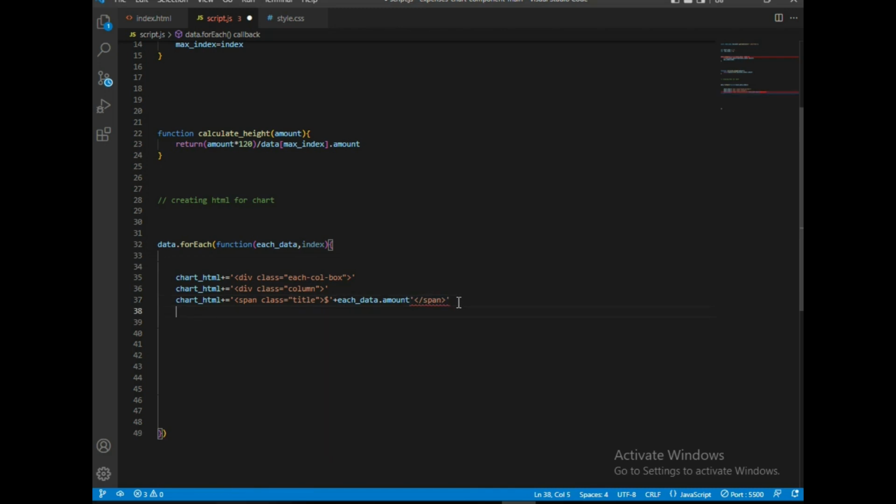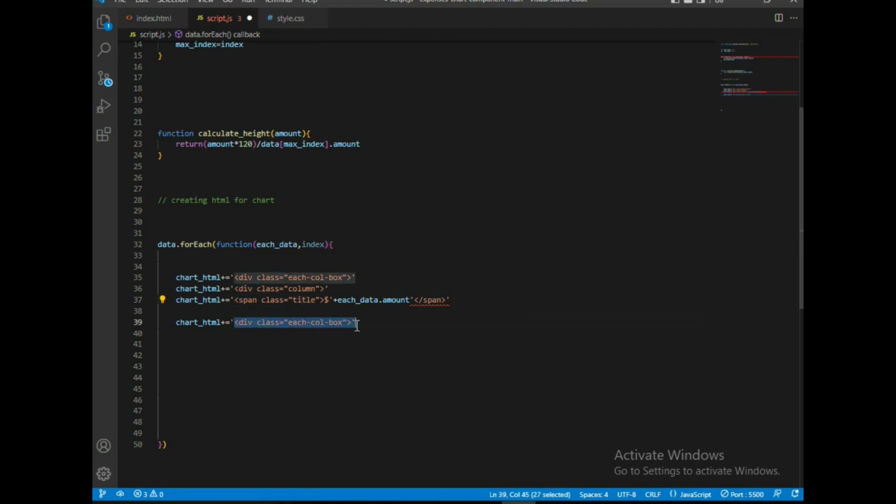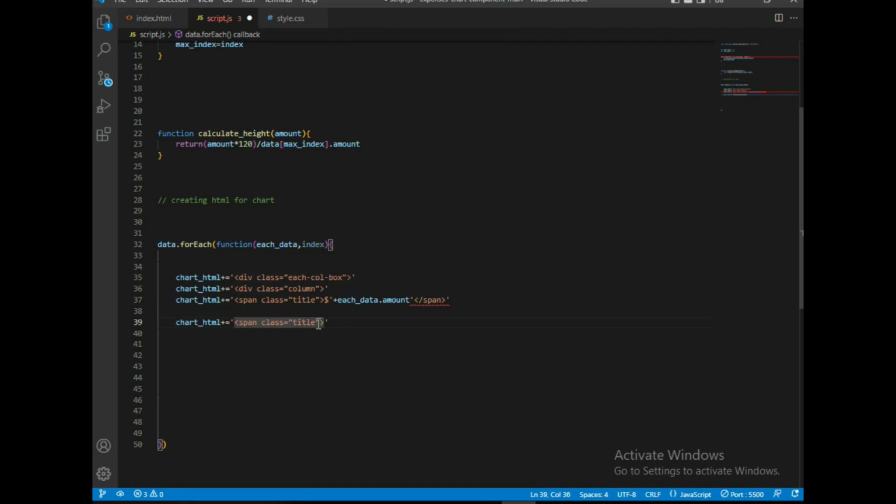Now let's get on to another chat HTML. This one I'm going to use a span class of color bar, so we just have to copy it and replicate and place it there. Now this one we are going to change. We'll set it to color bar,